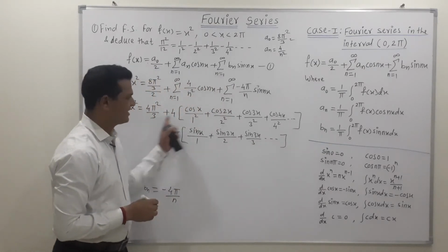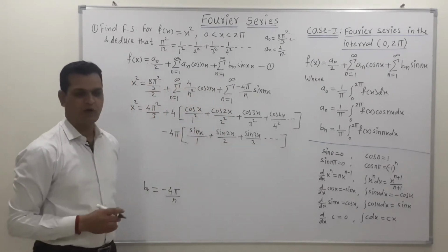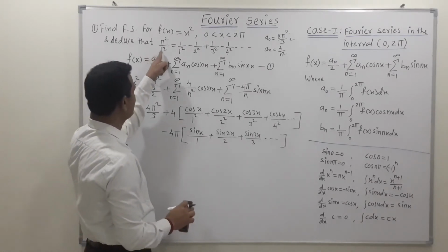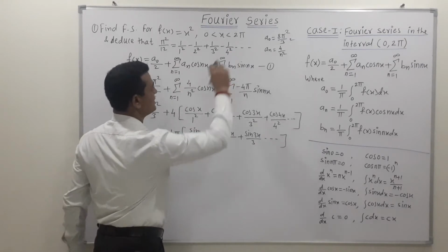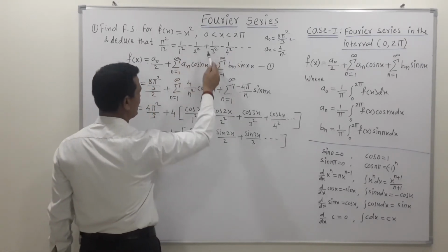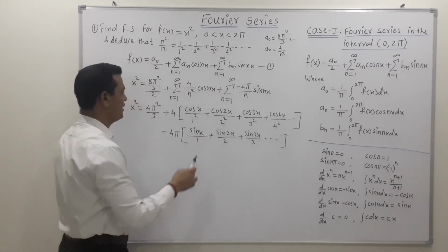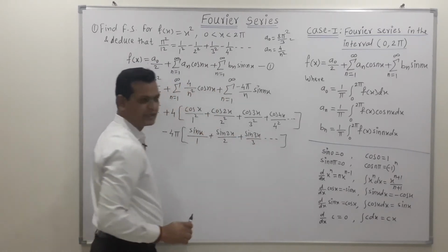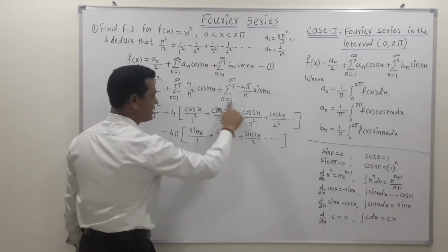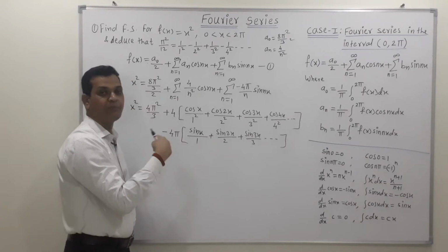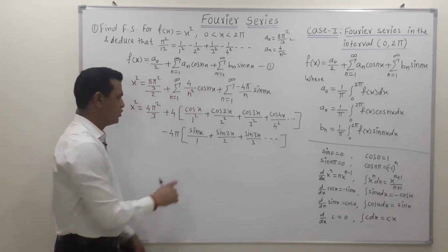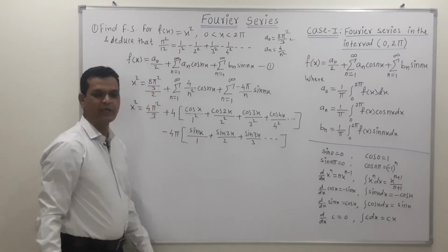So first expand the given answer. After expanding this answer, our requirement is to show that this pi square upon 12 is equal to this side. Now friends, observe that we require the terms 1 upon 1 square, 1 upon 2 square, 1 upon 3 square, 1 upon 4 square, which are present in the second term. So adjust to get this term, or put some particular value in this equation so that the third term becomes 0. The question is: when does this third term become 0?